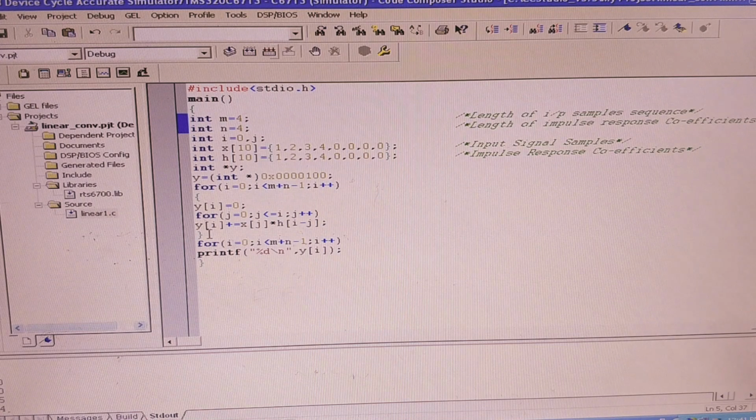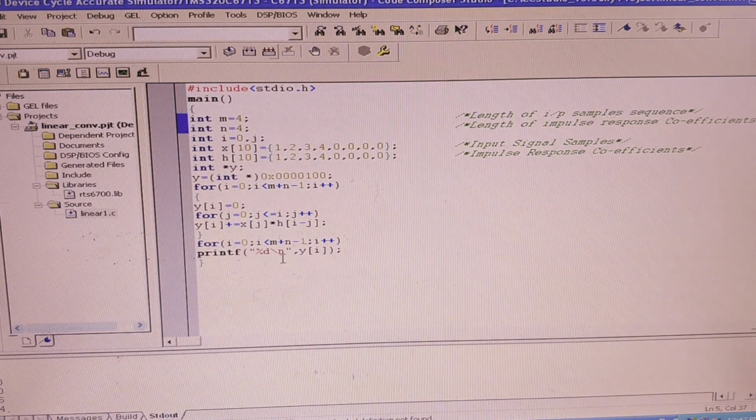At the end of all the 7 iterations of the outer loop, we have the answer contained in a variable called y. Now to print the answer, once again we are taking the help of a for loop, which is going to start from index 0 up to a value i, which is less than m plus n minus 1. So when you run this loop, the values are printed and you can display the answer.